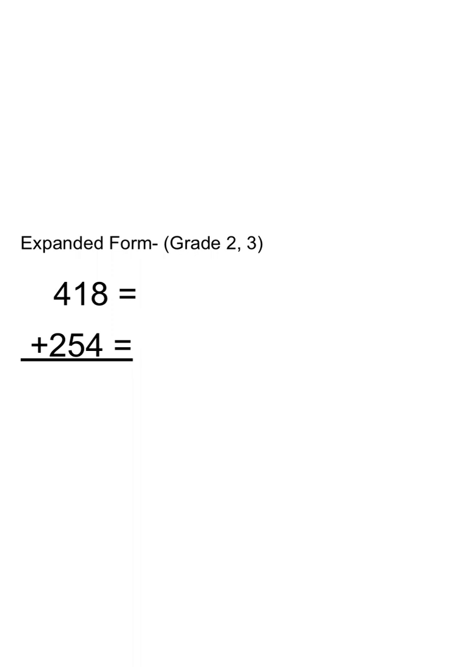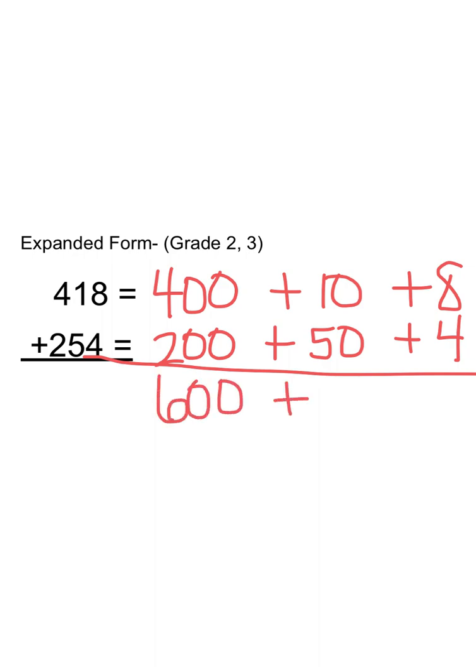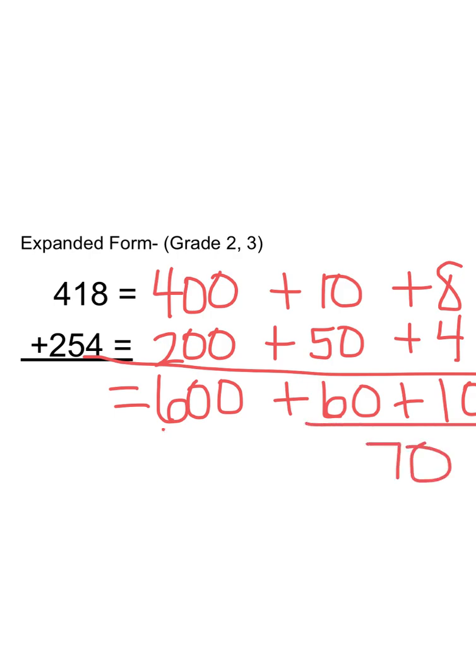Okay, we can expand out even 3-digit numbers. So 400 plus 10 plus 8, 200 plus 50 plus 4. 400 plus 200 equals 600. 50 plus 10 equals 60. 8 plus 4, I must have practiced 8 plus 4. 600 plus 70 plus 2 equals 672. Kids feel a lot of success with expanded, and I like to practice it for a long time, meaning weeks and weeks,